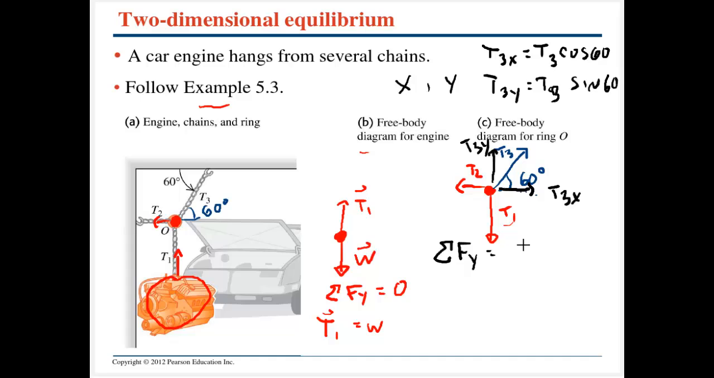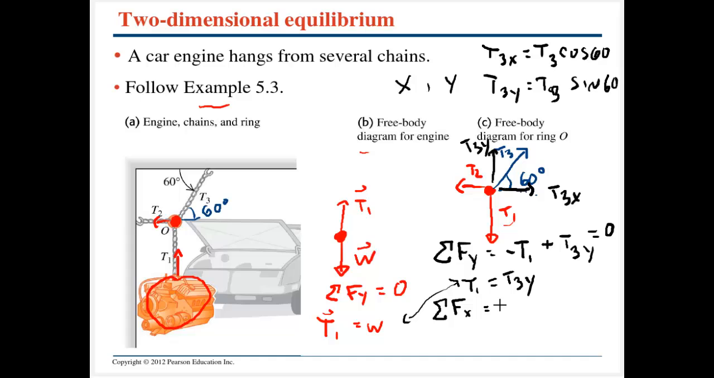Well, we have negative T1 downwards, and in the positive direction we have T3y, and we can say the engine is not accelerating, so we can say these two are equal to mass times acceleration. Acceleration is 0. So T1 is equal to T3y. We can calculate T1 using the weight, again action-reaction pair, and